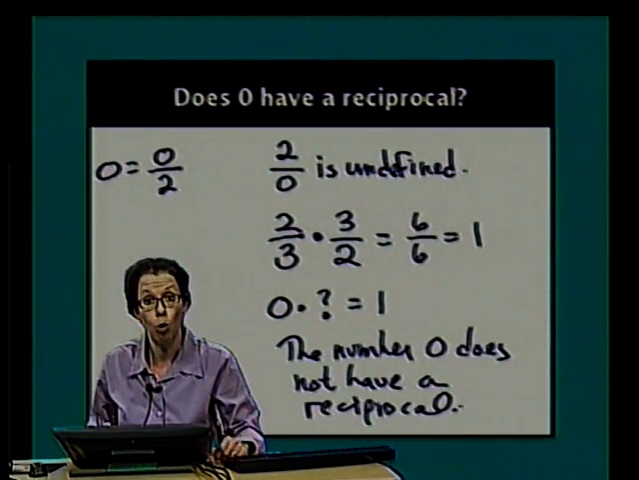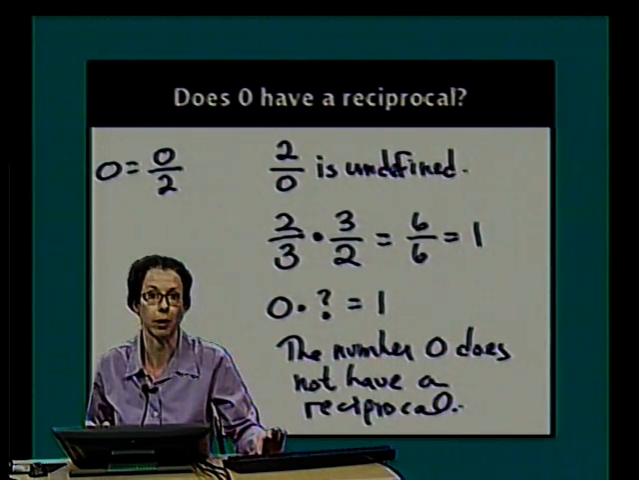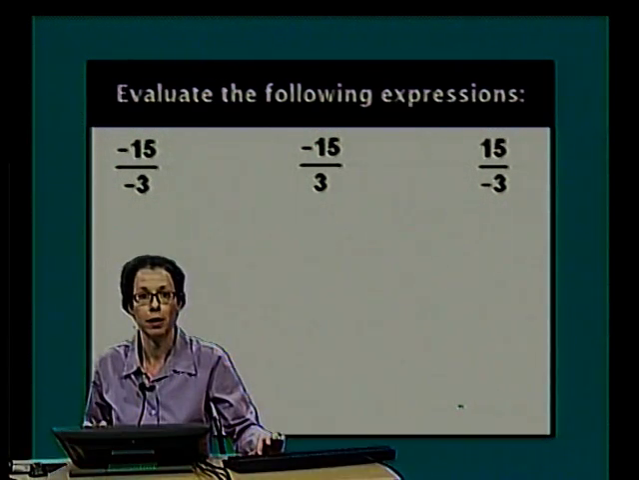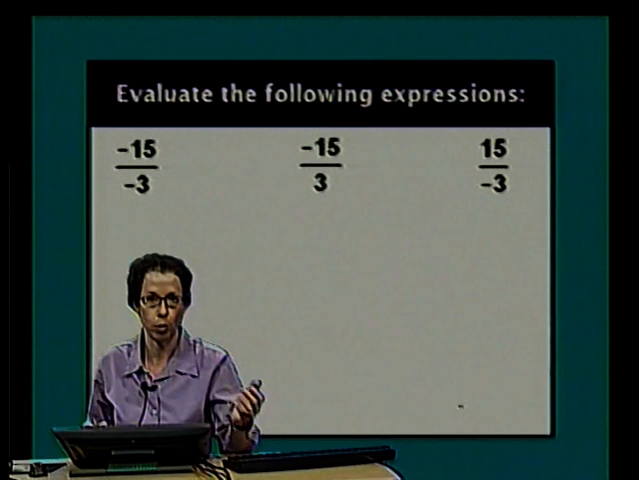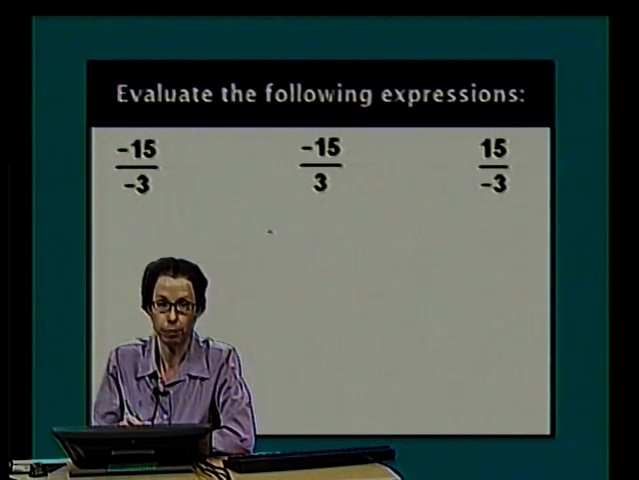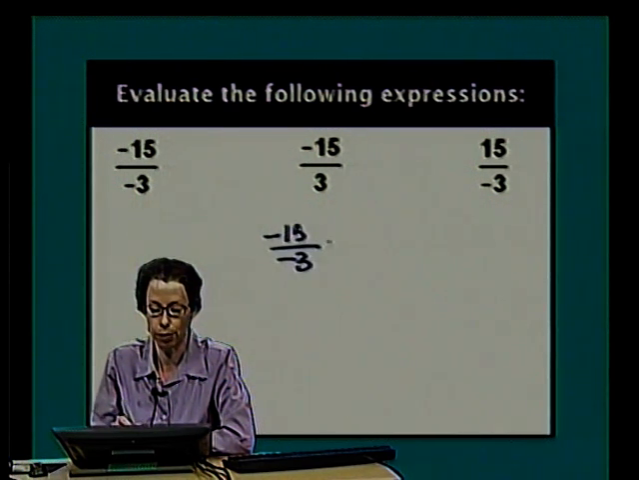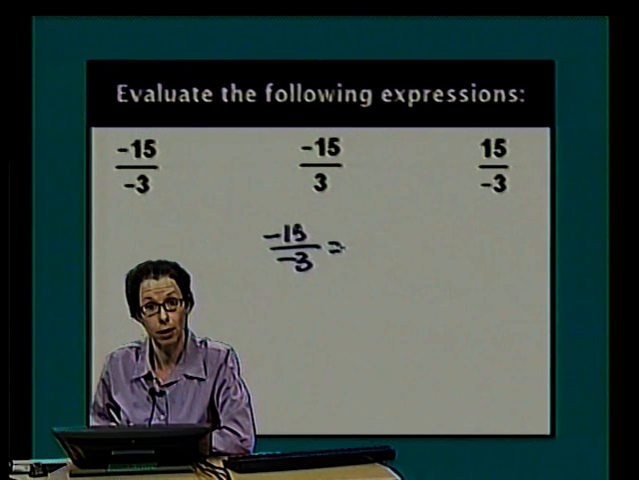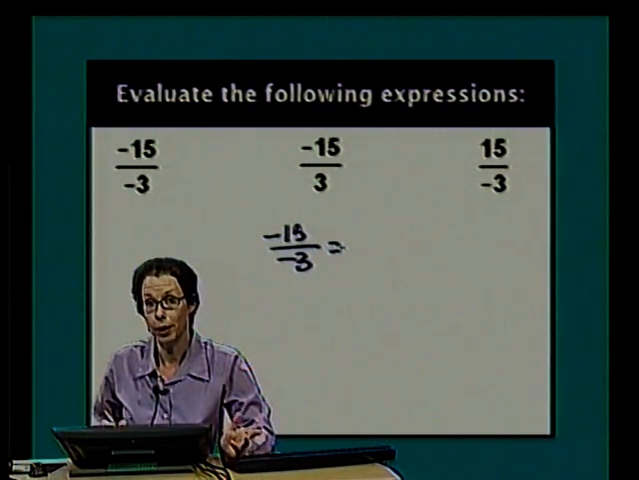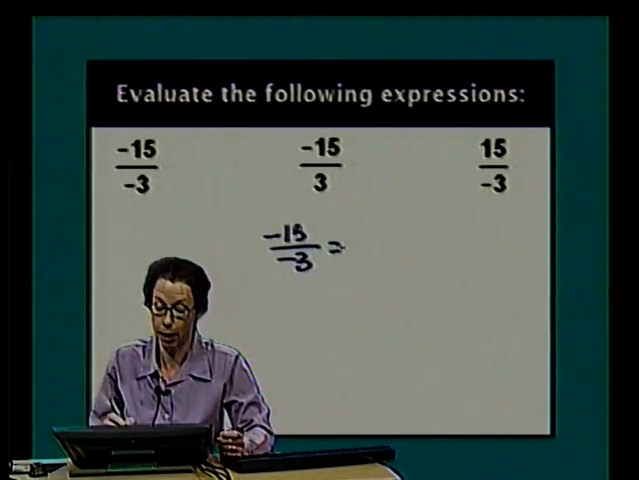In fact, it's the only real number that doesn't have a reciprocal. Let's just finish up with a few examples. We're going to start with 3 division problems, very straightforward, but we have some signed numbers thrown in here. So I'm going to start with -15 divided by -3. I'm dividing 2 negative numbers. I know the result is positive, so the arithmetic I'm doing in my head is just 15 divided by 3,